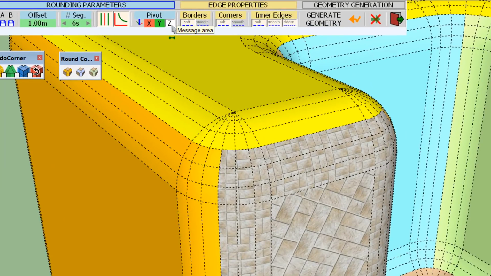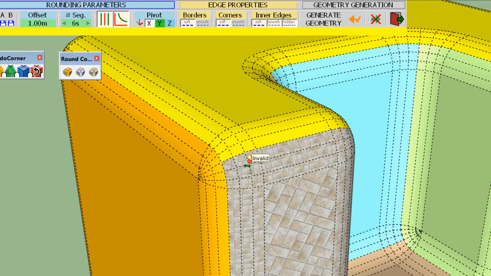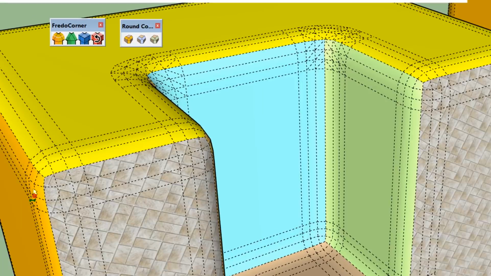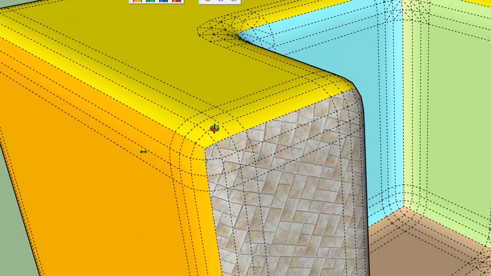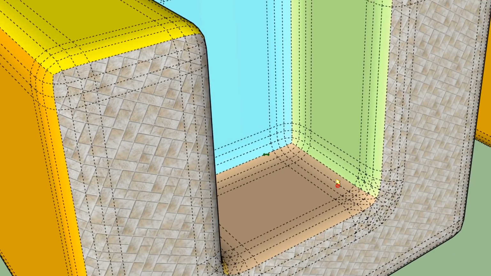This is the z-axis here. You can indeed change this in Round Corner and orient it along another axis, but this was a big inconvenience. So in Fredo Corner, you don't have this drawback, and all corners are symmetrical.